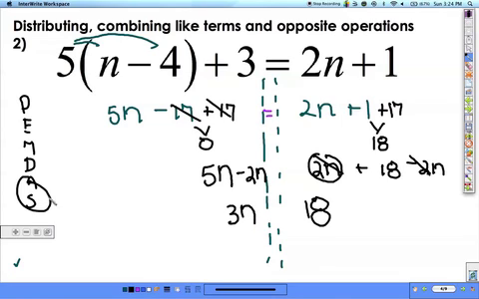And now I'm done with addition and subtraction, and I can move on to any multiplication or division, right? So I have multiplication. I have 3 times n. So the opposite of multiplication is division. So I will divide by 3 here, and I'll divide the 18 by 3. I want to keep everything balanced. I want to keep everything equal. So 3 times n divided by 3, well, these 3's will cross out, they really divide to be 1n, and 18 divided by 3 is, of course, going to become